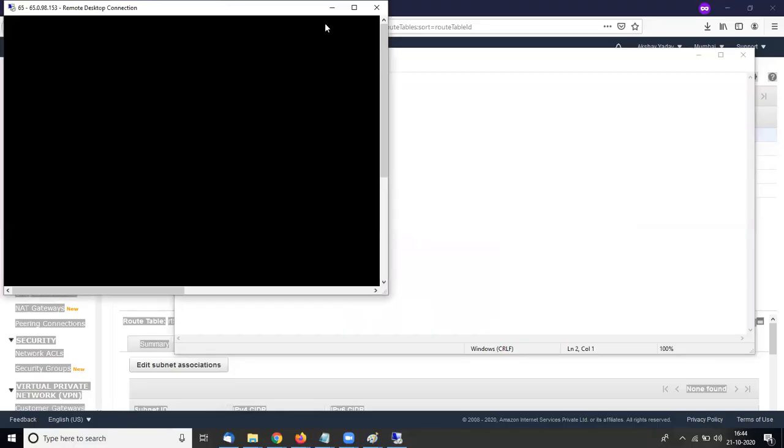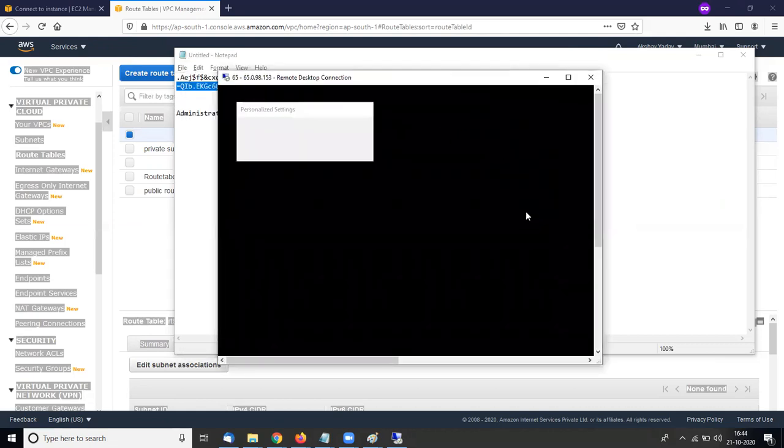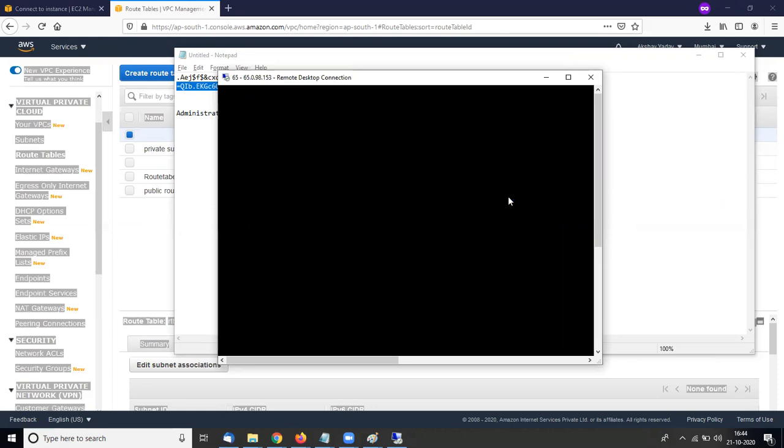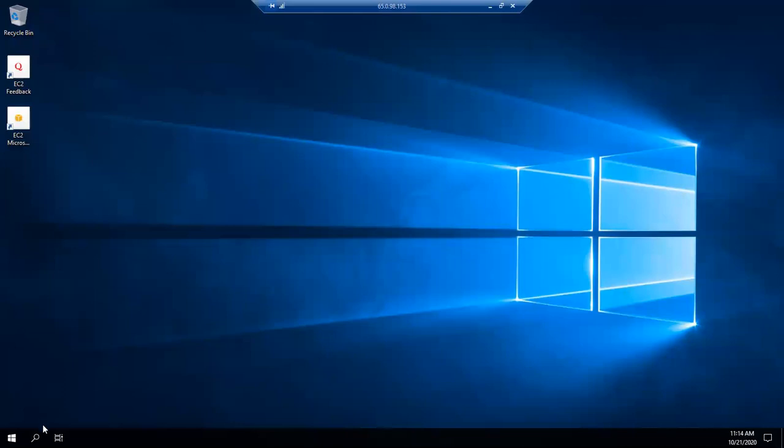So this is my public machine, and it is connected.